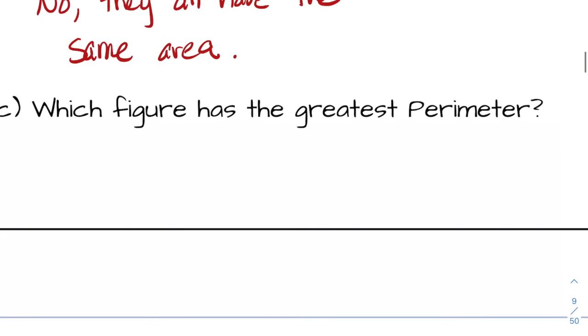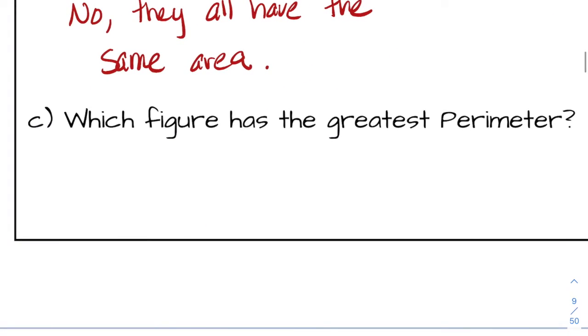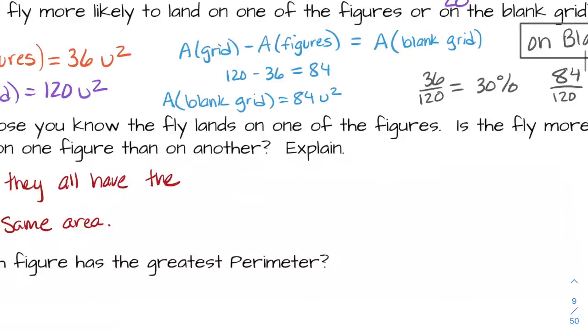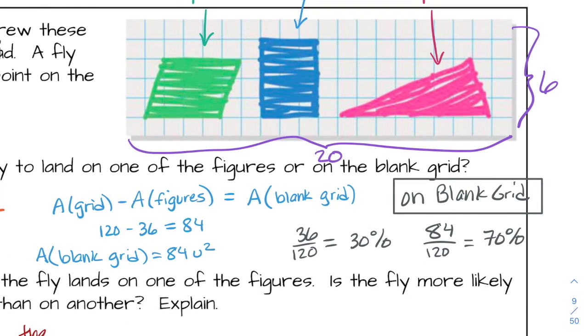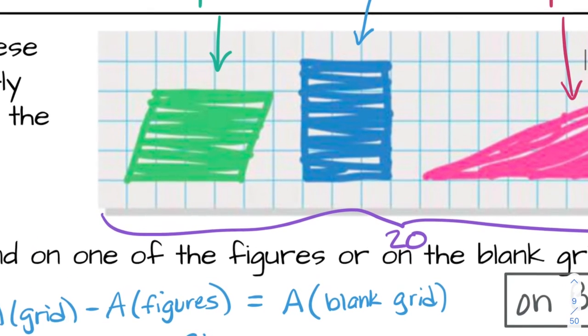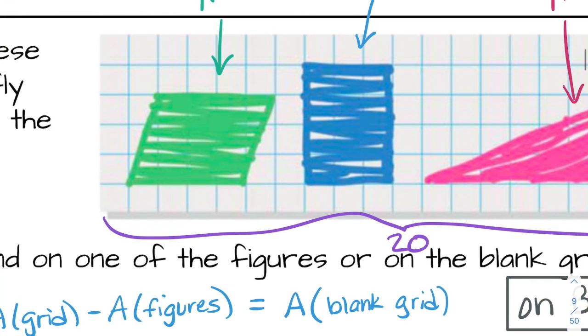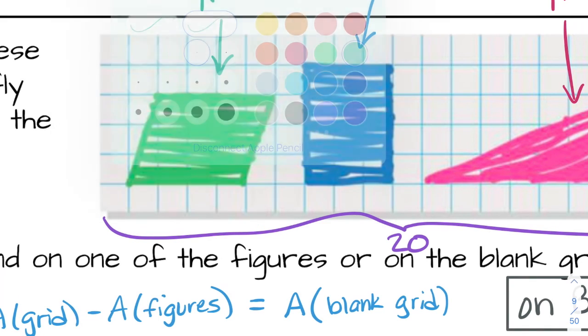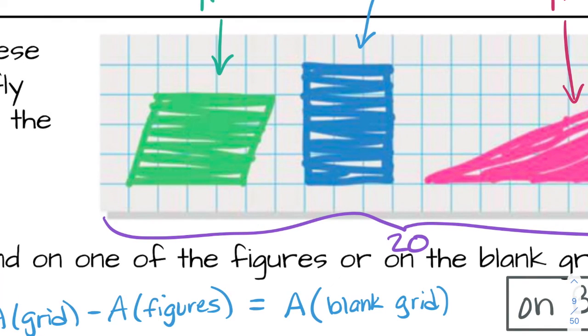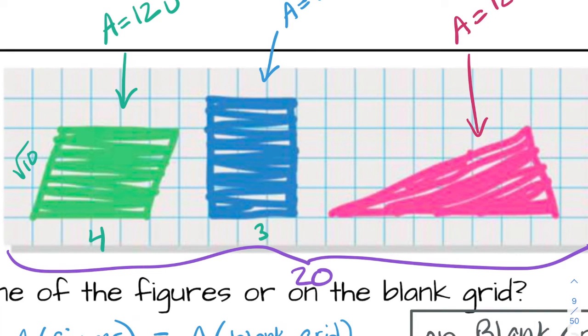And the last one, which figure has the greatest perimeter? I'm getting sloppy. Okay, which figure has the greatest perimeter? Well, I'm going to do this work as well. Just bear with me real quick. So this one's going to be 3, so 9, that's the square root of 10, and this is 1, 2, 3, 4, okay? This one is 3 by 4,